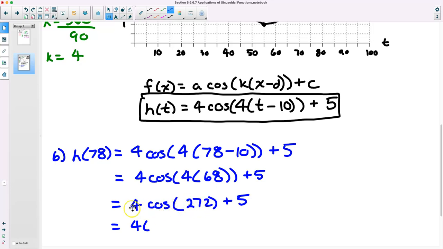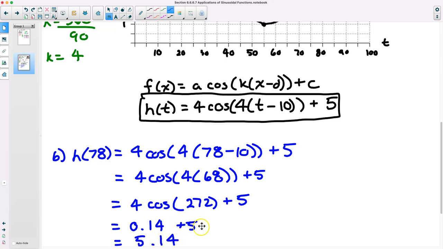Or maybe we can do this whole thing actually. Let's do 4 cos 272. This is 0.14, plus 5, and we get